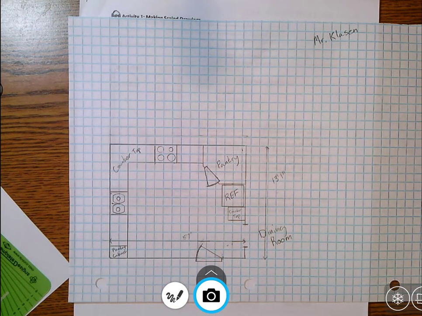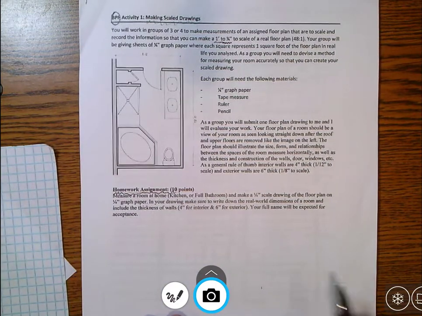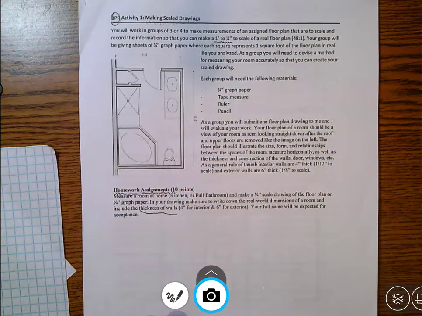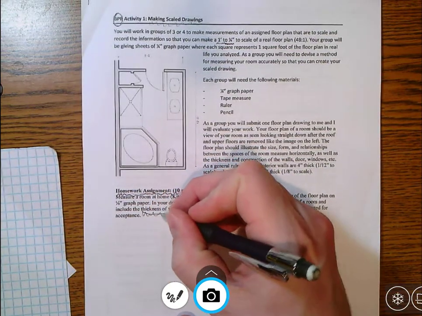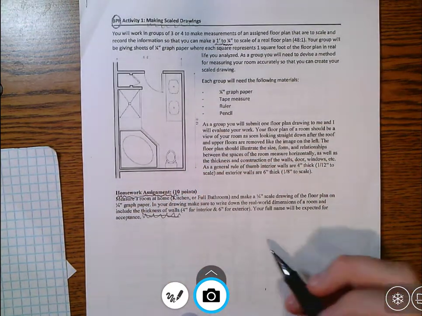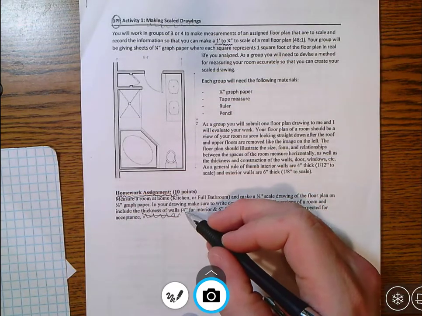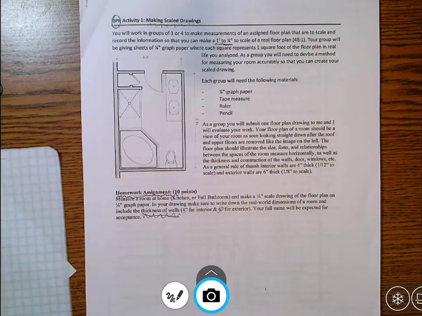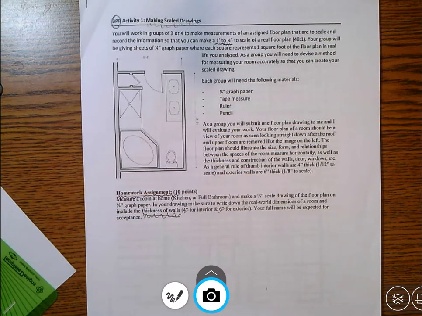Before I get to the windows, I'm actually going to talk about the walls a little bit, because if we draw out the walls, it makes things a little bit easier. And one of the things you're going to notice on your assignment is that it says to include thickness of walls. And so when you're drawing out a template like this, or a scale drawing, you want to draw it so that your interior walls are typically 4 inches and your exterior walls are 6 inches. And so what I'm actually going to show you here is, and draw it according to your